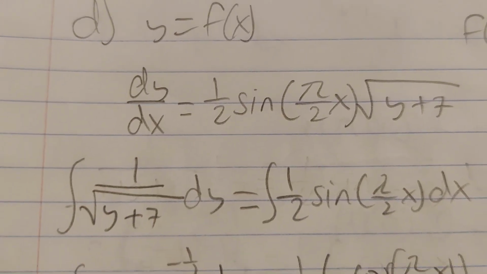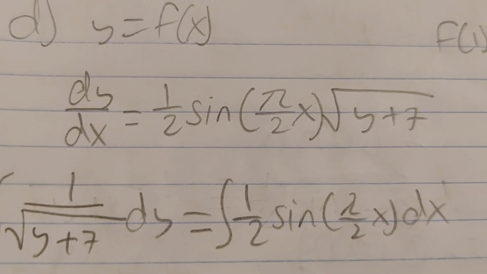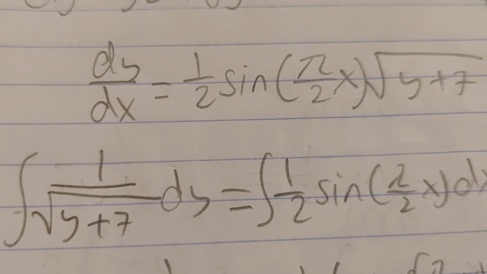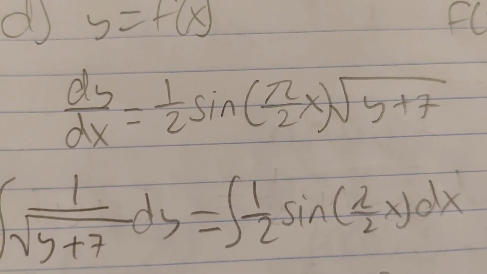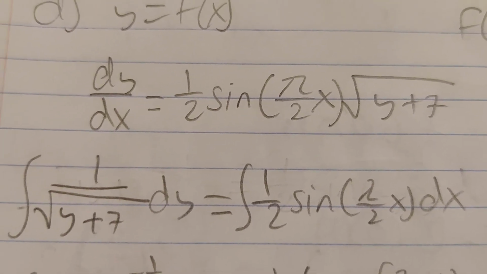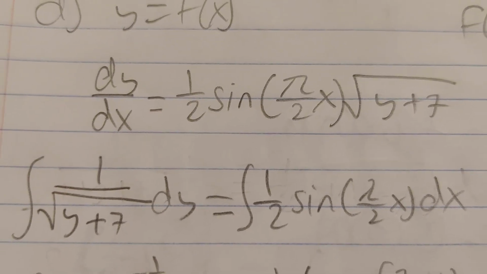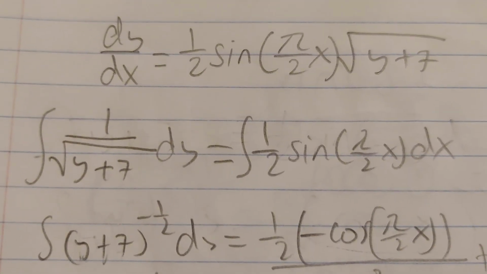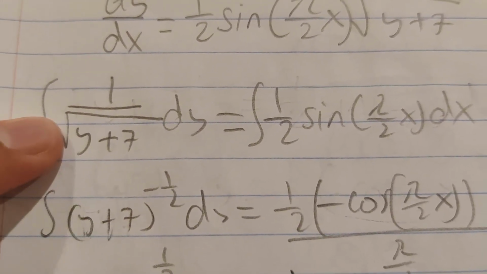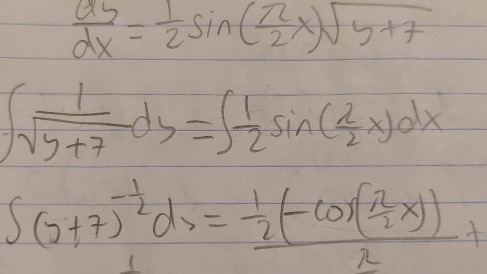So we divide the left side by root y plus 7, and then we get 1 over root y plus 7 dy is equal to, and we multiply the dx into the other side, 1/2 sine pi over 2x dx. And then from there we can integrate both sides and simplify this equation into the integral of y plus 7 to the power of negative 1/2 dy, and then the right side